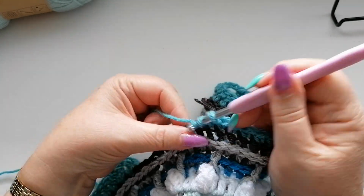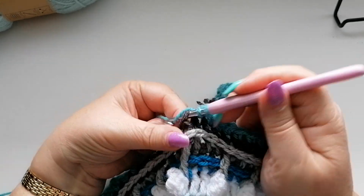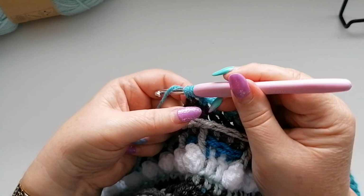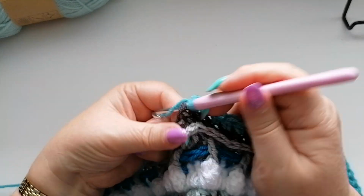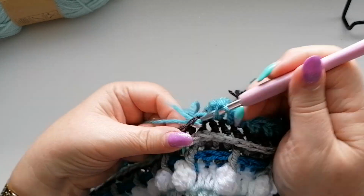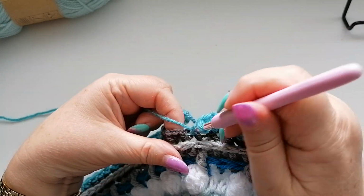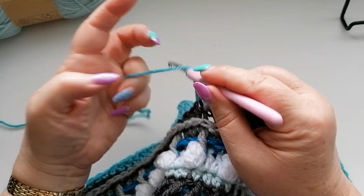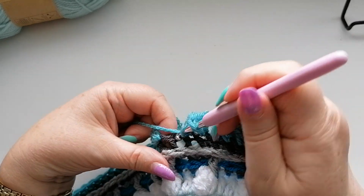1, 2, 3, 4, and then we've got 5 doubles. 1, 2, 3, 4 and 5, and then when we come to the end that will leave 2 stitches. We've got 2 trebles, 1 and the last one,